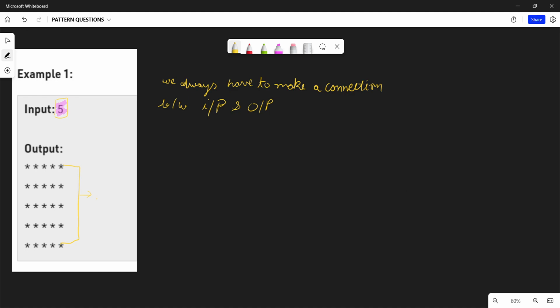Means the total number of lines is equal to n. Let's say input equals n, so the total number of lines equals n. And also we can see that in each line the total number of stars is also n. So